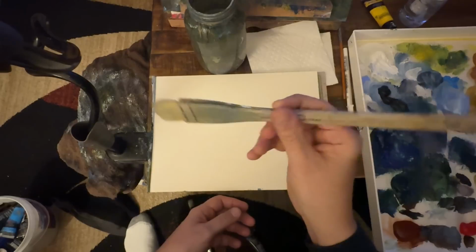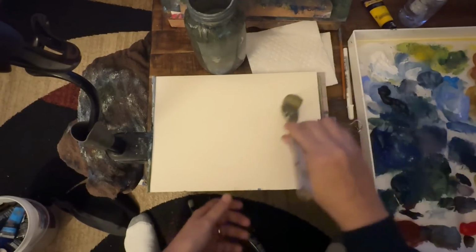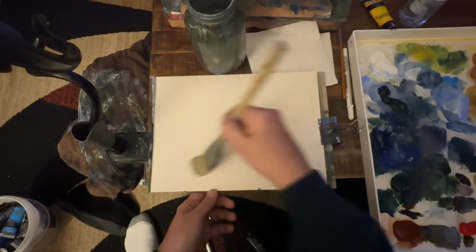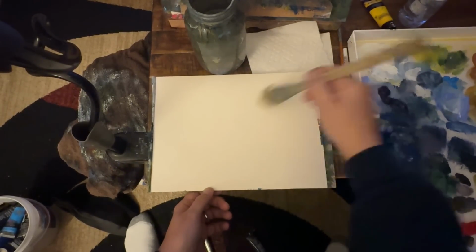And this is a hake brush and a medium size. Now, I would say to be careful using these with acrylic. I have some older ones, I have plenty, but I like the softness of the brush. So I'm wetting this down,